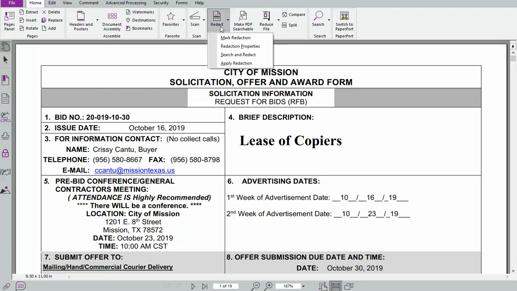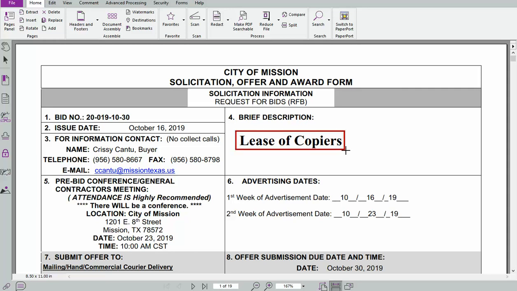When we select the Redact button, we'll see Mark Redaction, which I'll click, and then I'll move my mouse, and you'll see my mouse will actually turn into a plus sign or crosshairs. What I want to do right now is remove an area of this document. I want to remove "lease of copiers." So I'm going to hold down my left mouse button, drag to make a box, and let go, and as you'll see, we have a red box. That indicates our redaction is